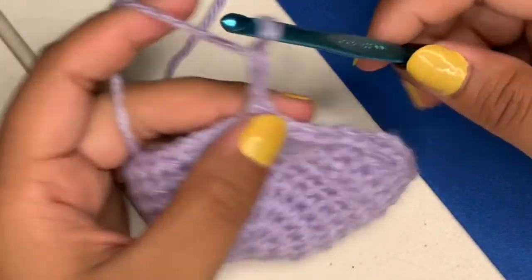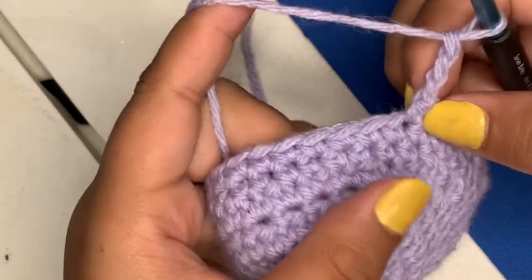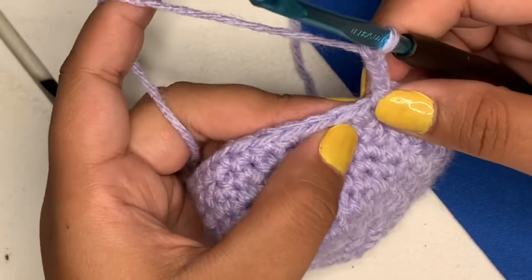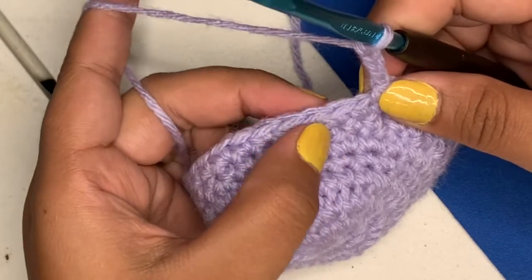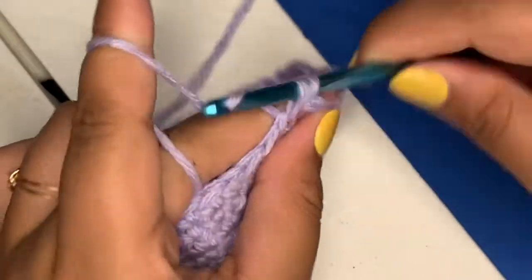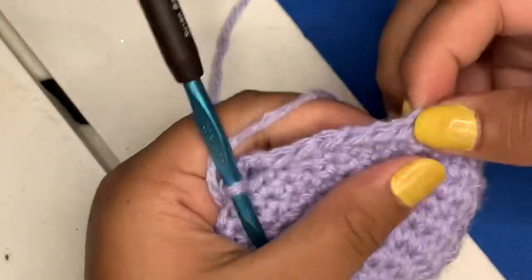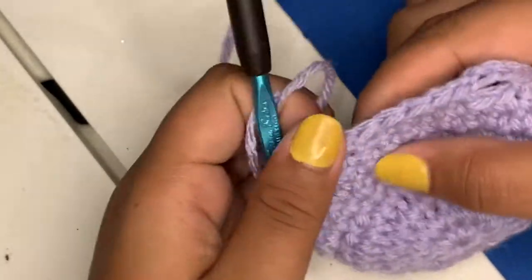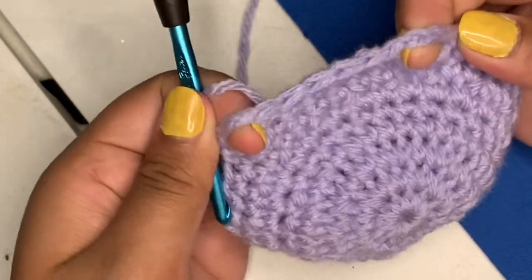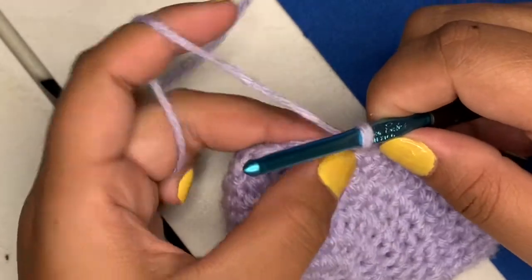And make sure you're not doing your chains too tight, because you don't want them to be too small. So same process where you skip that stitch, you're going to single crochet into this next stitch. Close that off. There we go. Here's those right here, and these are going to be the eyelets for the laces. And then after you have single crochet to close that chain,